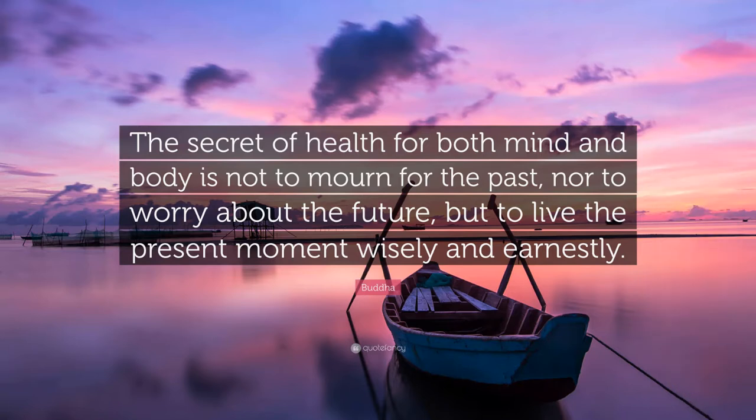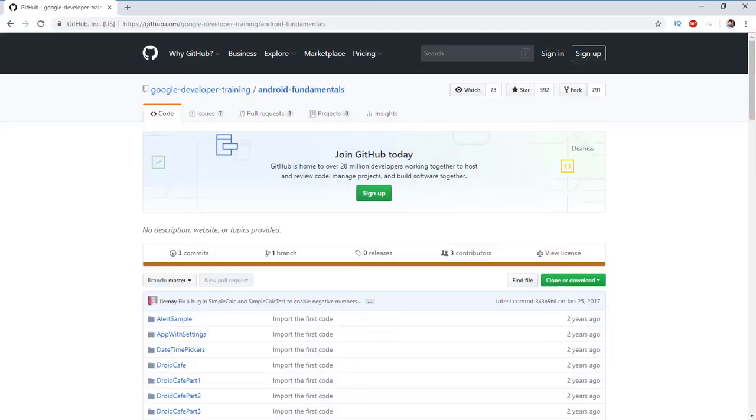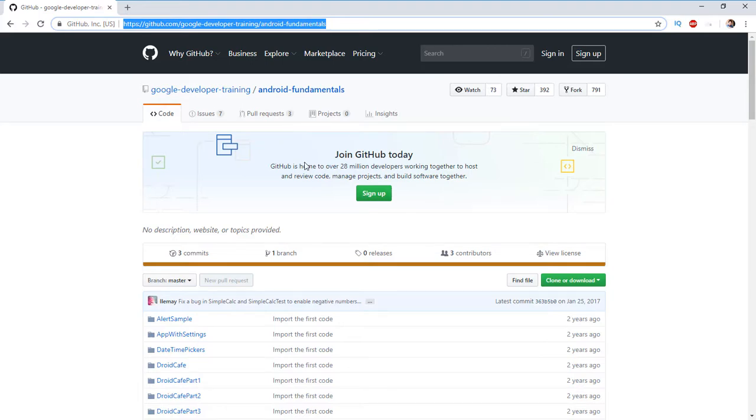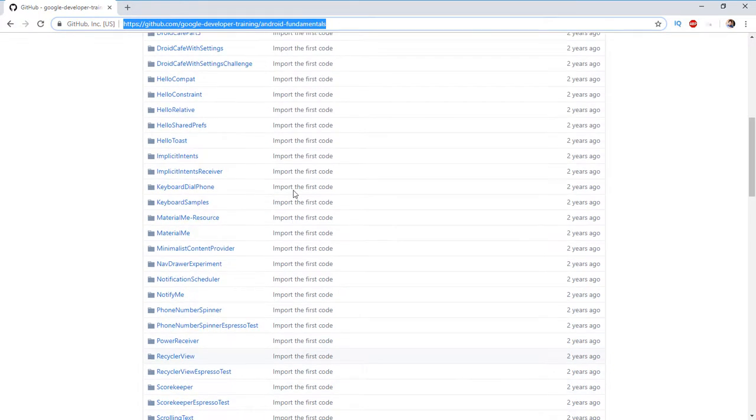For this practical, you want to build the simple calculator app yourself. The complete project is available at this URL. You can find the project Simple Calculator here.